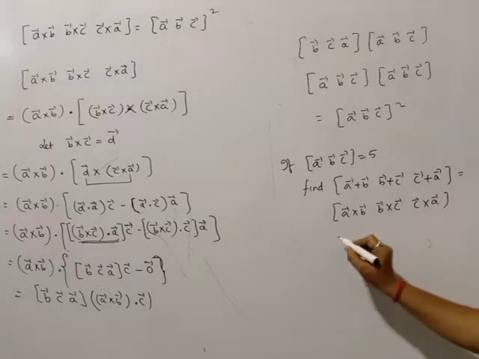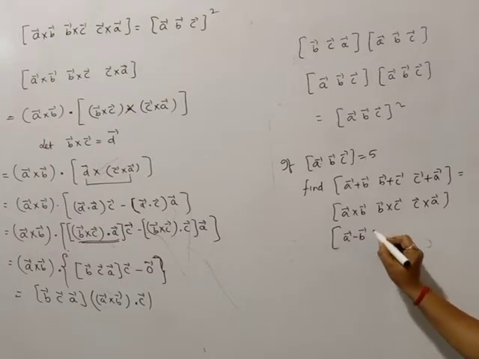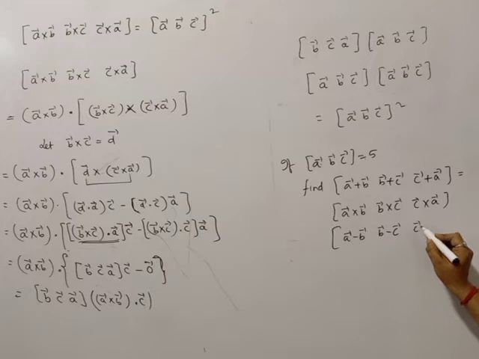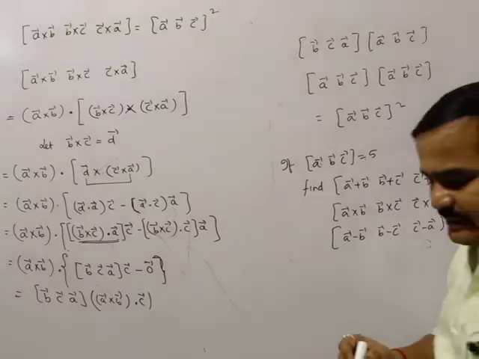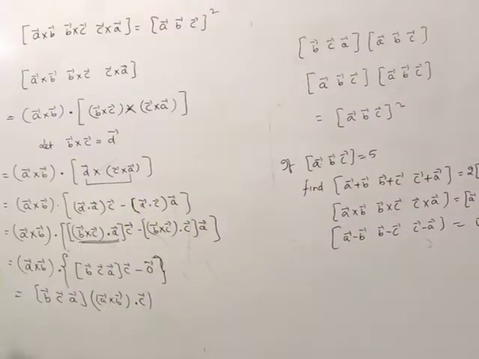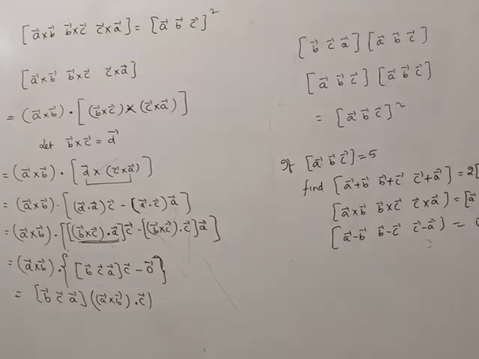So the answer is, suppose another one is also a bar minus b bar minus c bar minus a bar is given. If plus is given, then it is 2 times box of a bar b bar c bar, that is equal to 2 into 5 is equal to 10. The other is a bar b bar c bar square, so that is 5 square is 25. This is 0. This is also asked for the question for competitive exams as well as your CHSE plus 2 level. So how can you do it? This is the method for finding the remaining values of this.